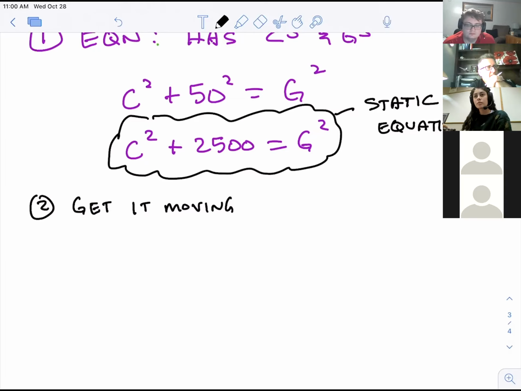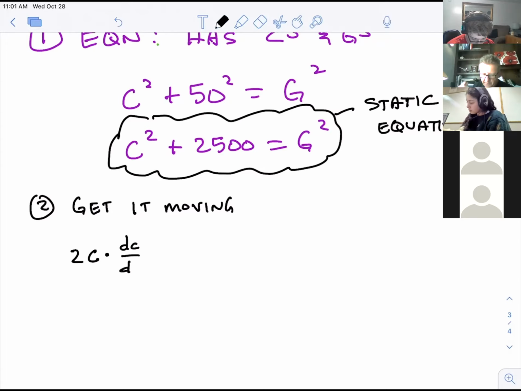My guess is 2c times c prime. I like that she said my guess. Isn't that exactly where you should be in this class right now? You should not be perfect at this. So she has an educated guess. She's exactly right. The derivative of junk squared is 2 times the junk times the derivative of the junk. Except we're writing C prime in a much more informative way in this section.